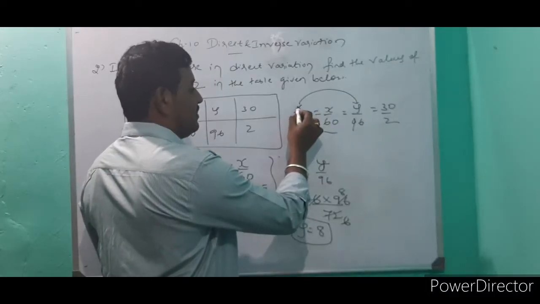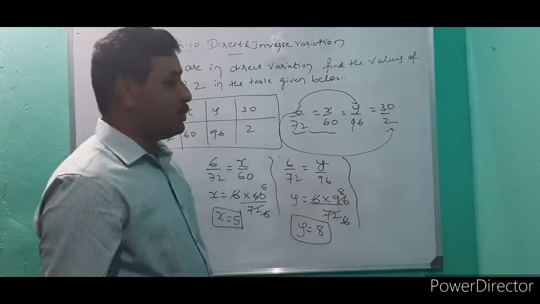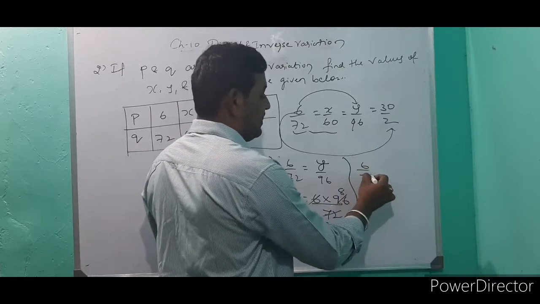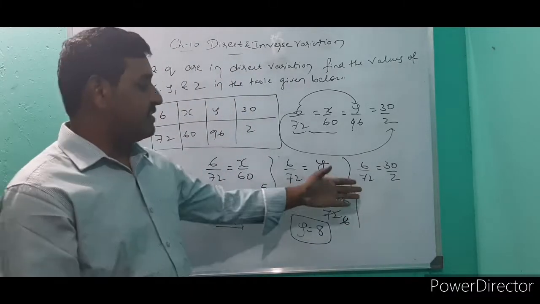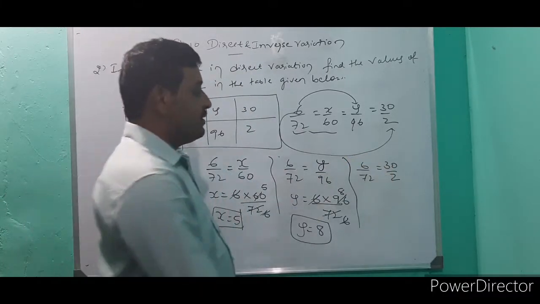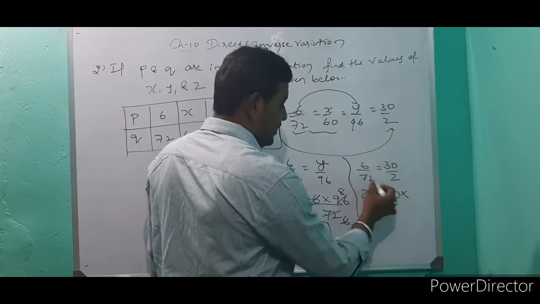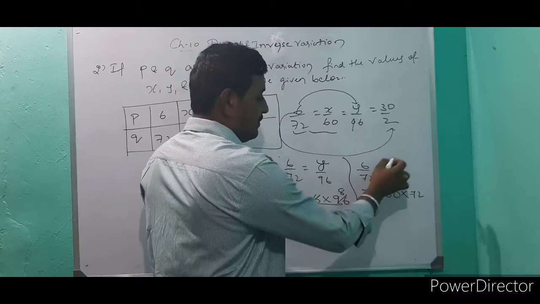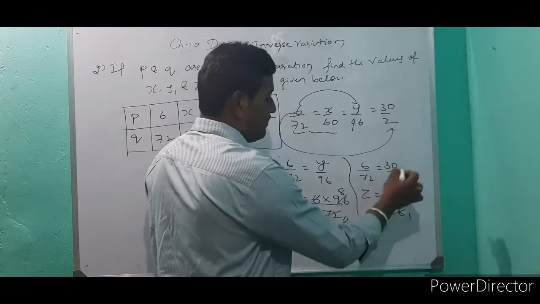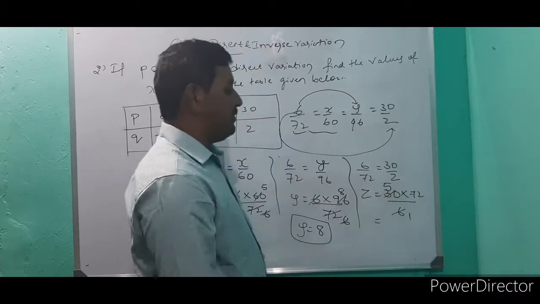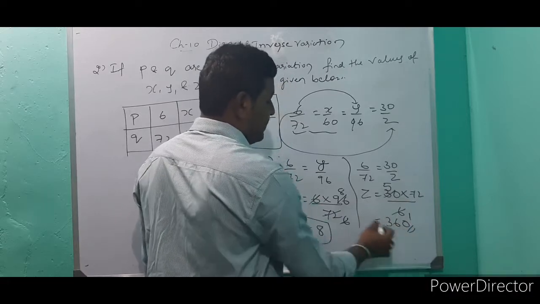Last, you can connect these two. Connect means you can equate these two. So 6 over 72 equals 30 divided by z. If fractions are like this, you can easily cross multiply. So z is equal to 30 into 72 cross multiplied, and here 6 will come down. 6 ones are 6, 6 5s are 30. If you multiply 5 into 72, 5 2s are 10, 5 7s are 35, that will become